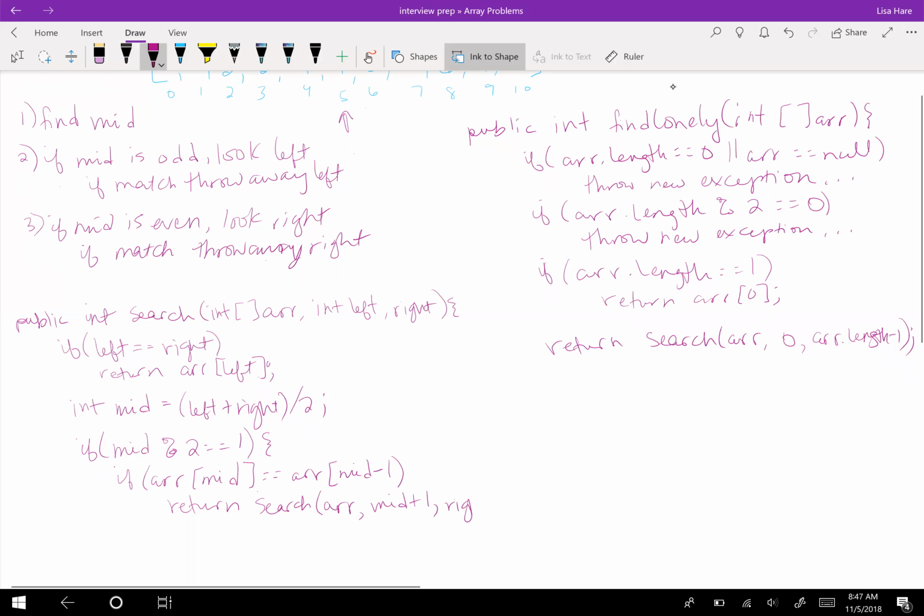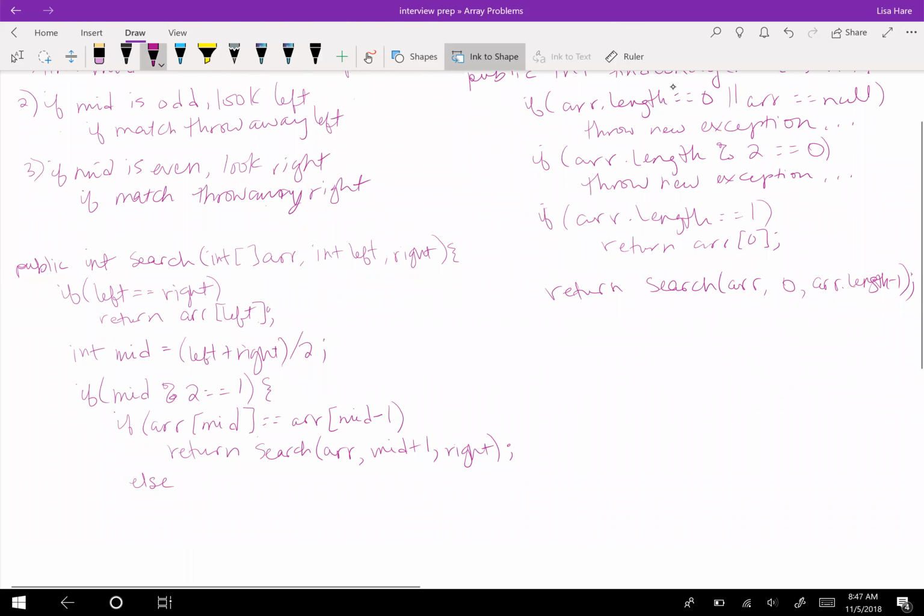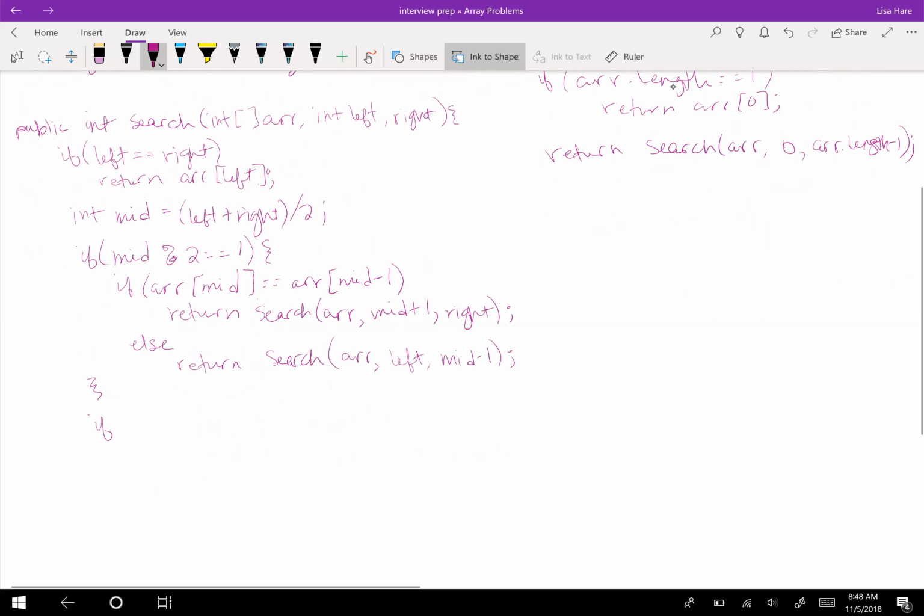And let's keep the right. And then otherwise, we want to look at the left side. So left stays the same and we get mid minus 1. Okay. And then that's if it's odd. Or we can actually just do a big else because that's the only other case. So else it's an even, which means we want to look